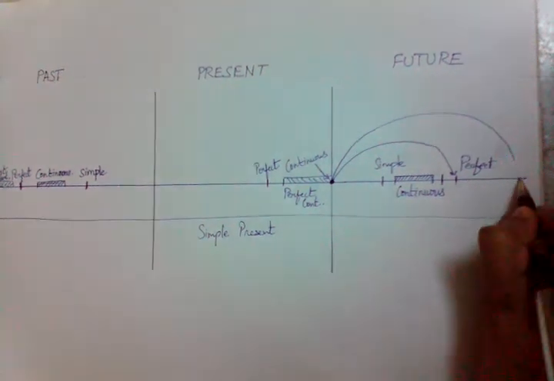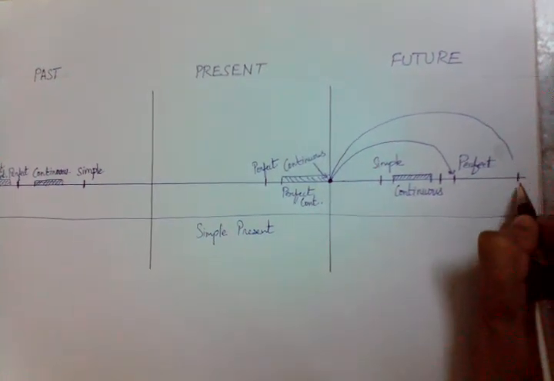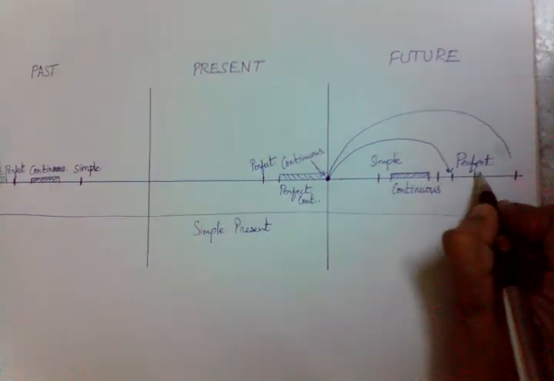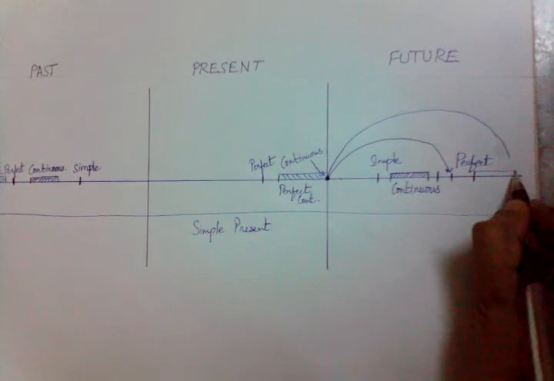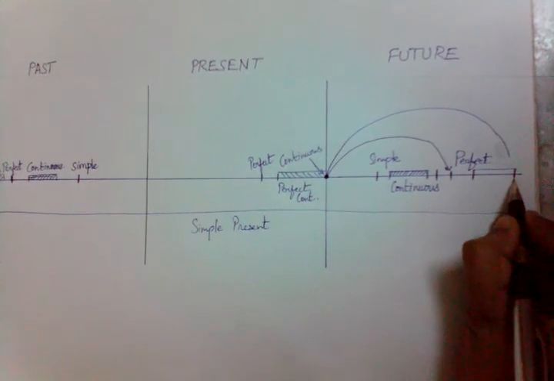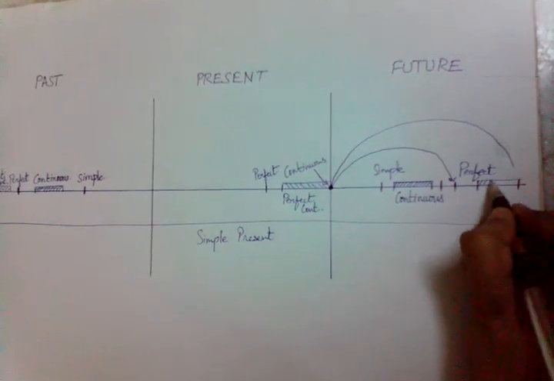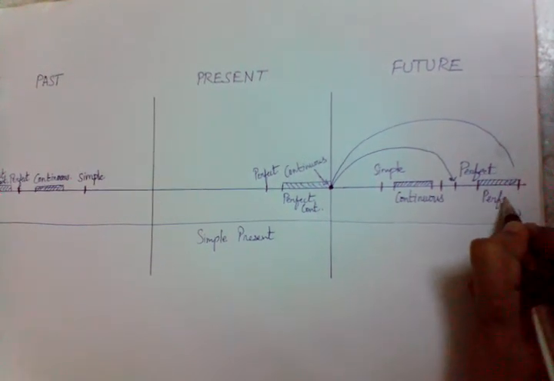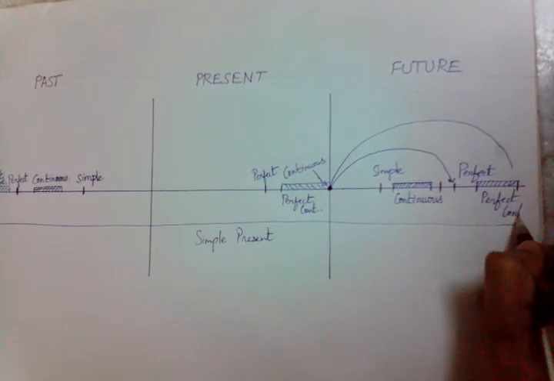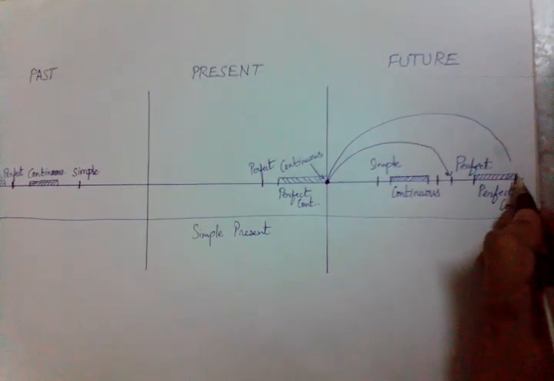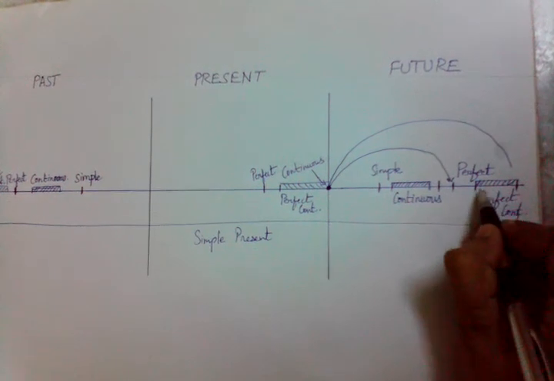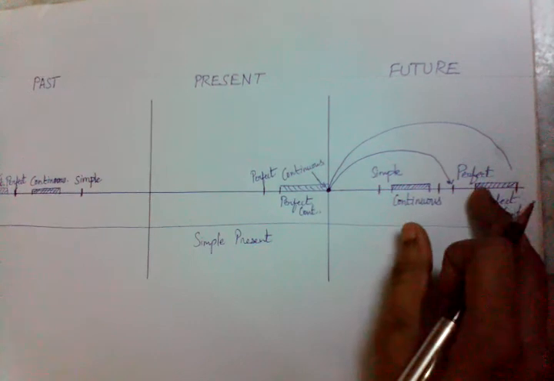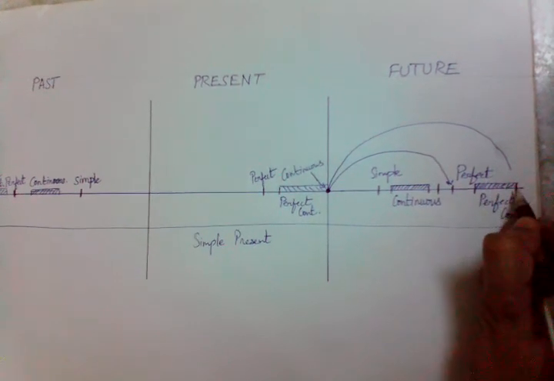For example, let's say here. You imagine that you are here in future and you are talking about something that will have been going on from a certain point of time in future and still going on at the point at which you are imagining yourself to be. So I'm going to shade this part and call it the future perfect continuous tense. So here you imagine yourself to be here and you are talking about something that started here anytime before where you are imagining yourself to be, but in the future, and is still going on at where you are